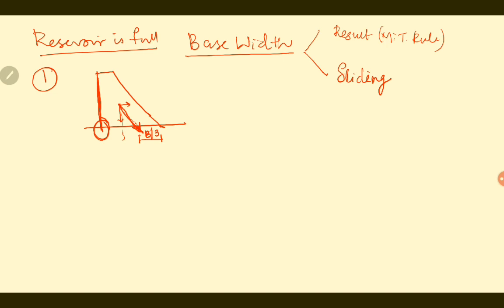Now let us first see the various forces that act here. You have a triangular profile, because the elementary profile of the dam is a right angle triangle, and the self weight will be acting like this. It will be at a distance of B by 3, right? That's what we found out using the reservoir empty condition. Now you will have water. Now the reservoir is full, you have water.